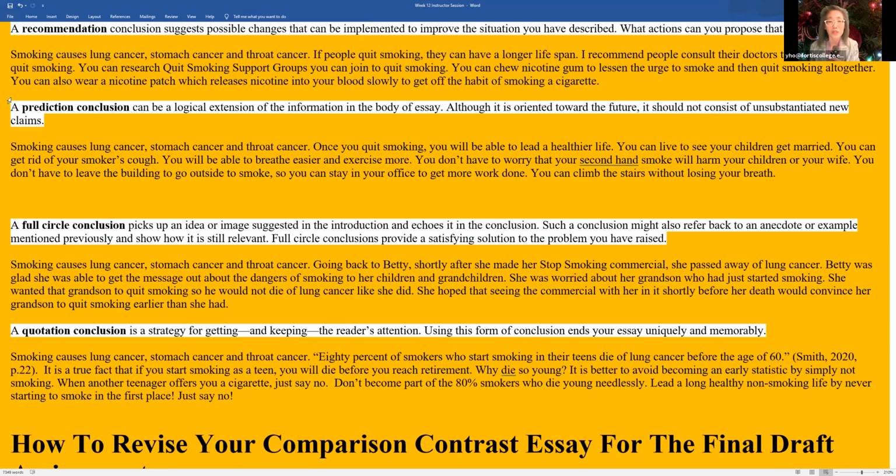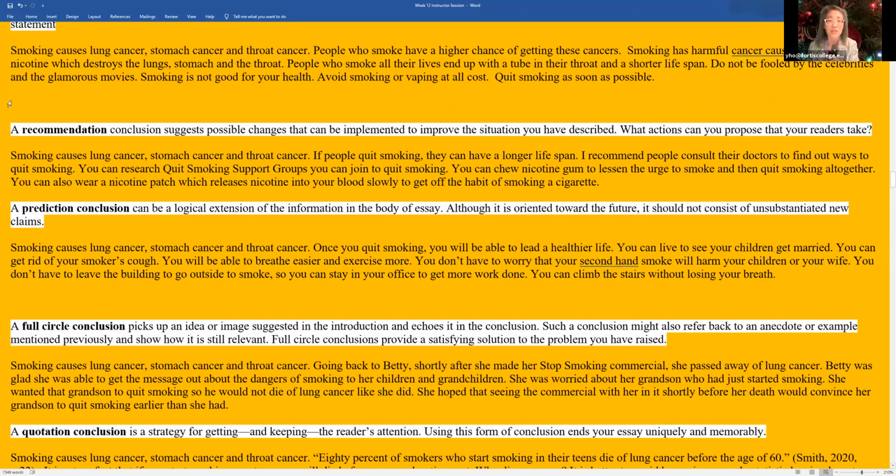A full circle conclusion picks up an idea or image suggested in the introduction and echoes it in the conclusion. Such a conclusion might also refer back to an anecdote or example mentioned previously and show how it is still relevant. Full circle conclusions provide a satisfactory solution to the problem you have raised. And so in one of my anecdote, dramatic entrance story,